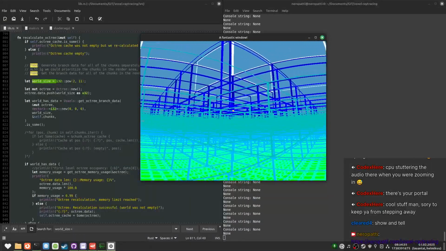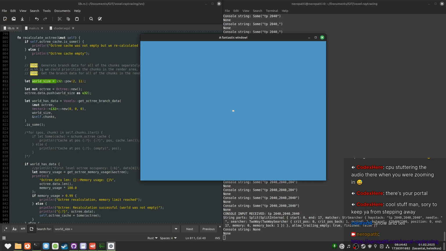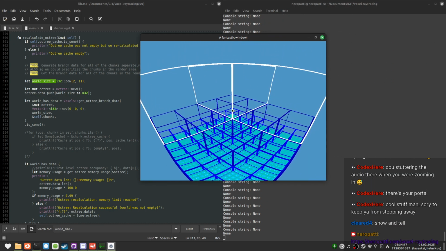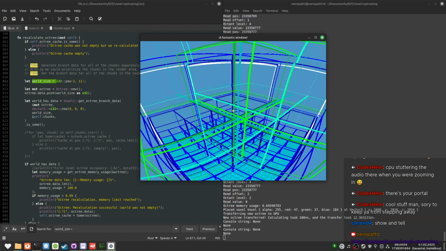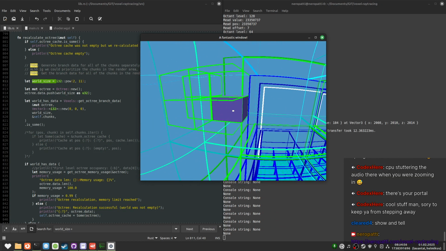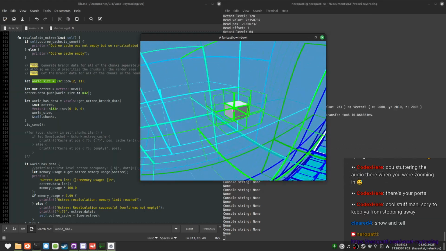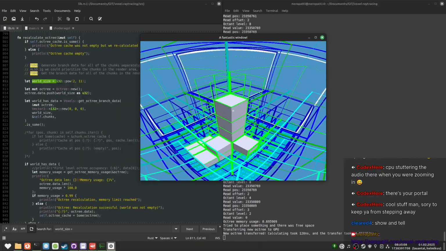And we have the big area here. 2040, 2040, 2040. And this is the edge of the world. Now we say set voxel here random. And it's instant! Yay! And I can delete it and it's instant. It just works. It doesn't take a few seconds. It just does it. That's so cool.